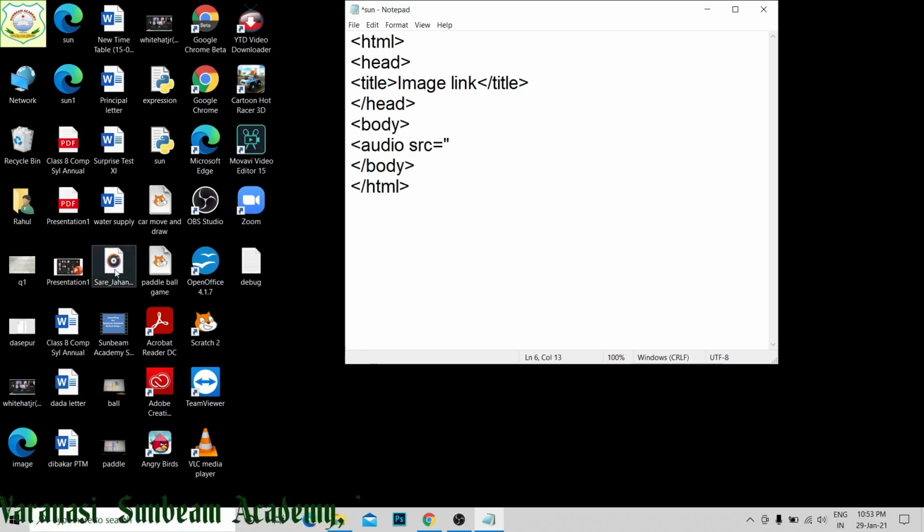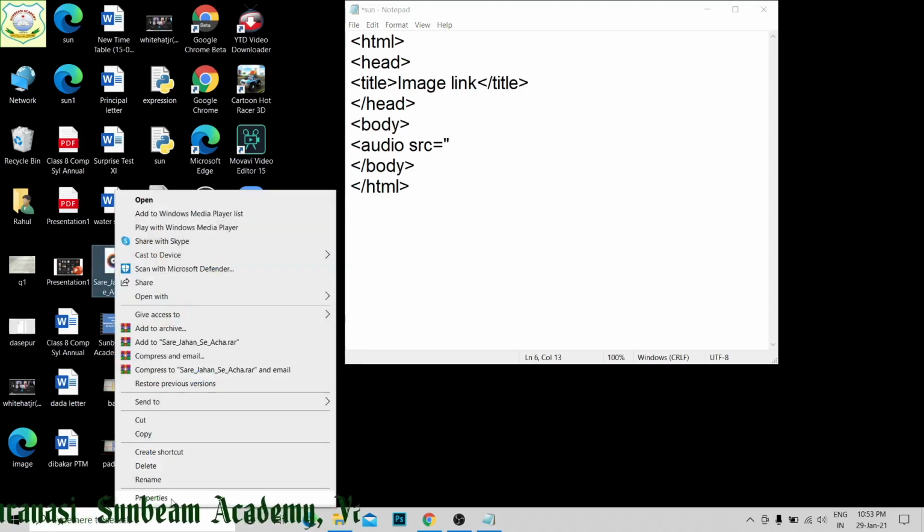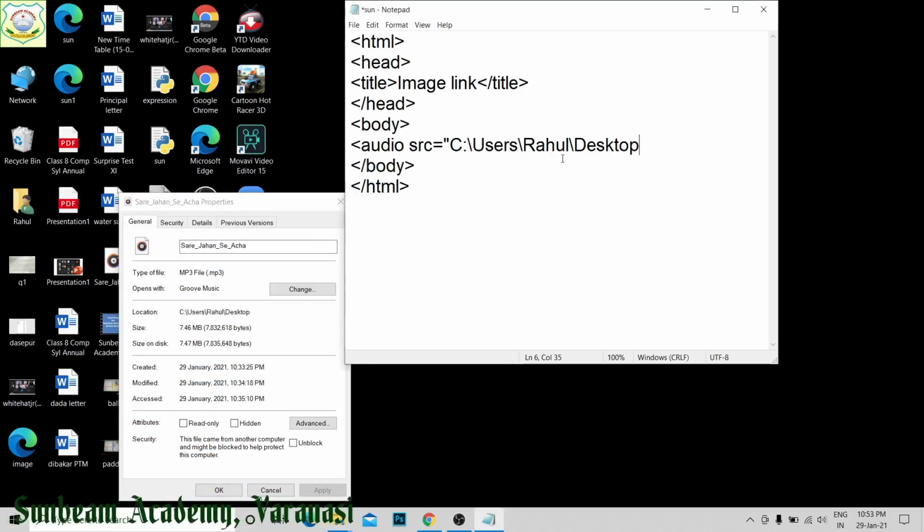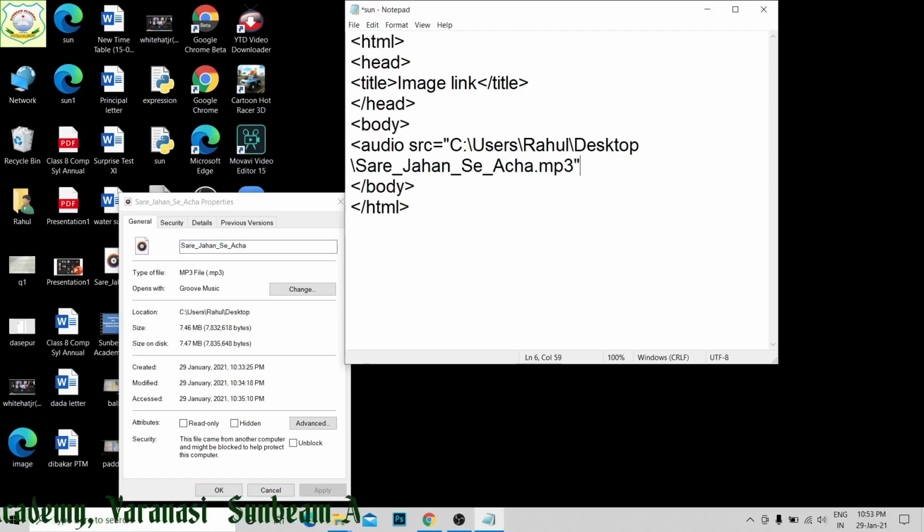I will copy this file's location first, and write it over here, then put a backslash, then the name of the file. After writing the name of the file, put .mp3 because it's mp3 format. Close it, right? Then I will close the audio section.